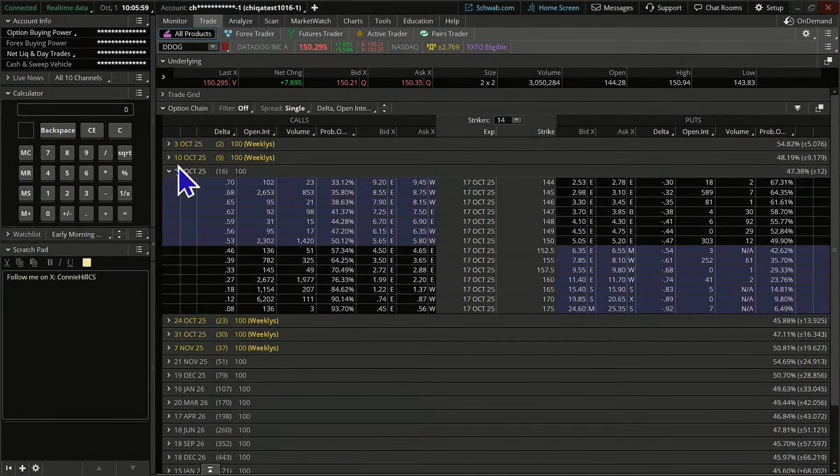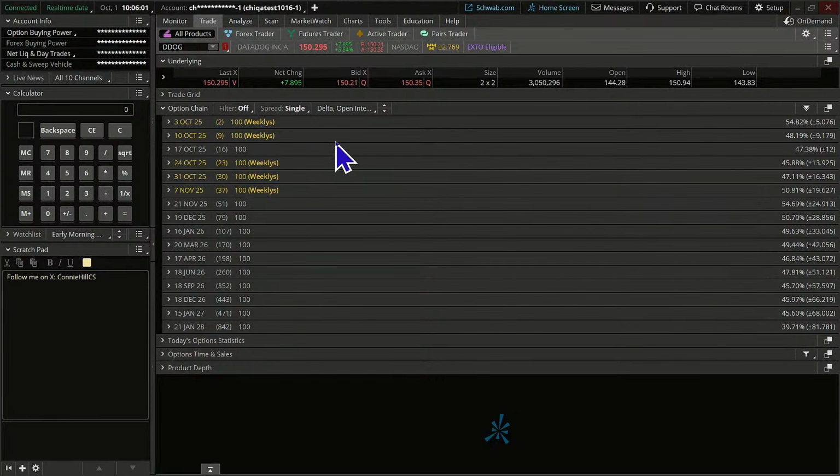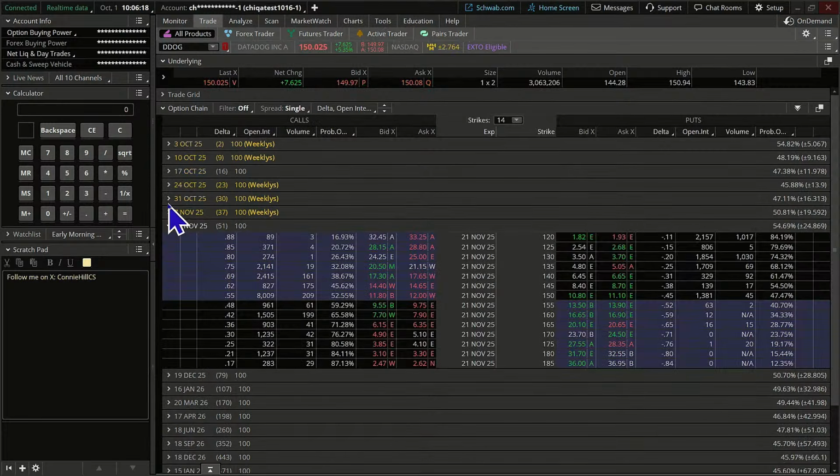One thing that's nice about Datadog, which has a lot of activity, is that we see some weekly options here. When we see those weekly options, they may have enough liquidity for us to pursue, and sometimes they don't. This one right now, we are just going to go out to the November 21. As I poked around in the weeklies, there wasn't a ton of open interest. And those of you that like to trade a lot of contracts at the same time may find it difficult to find strike prices that really work for you.